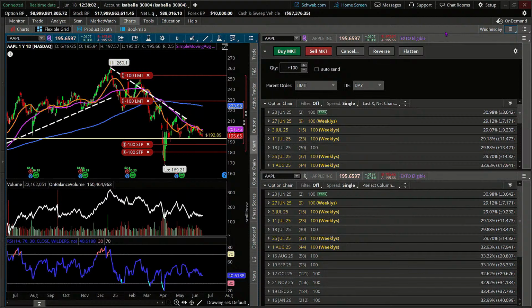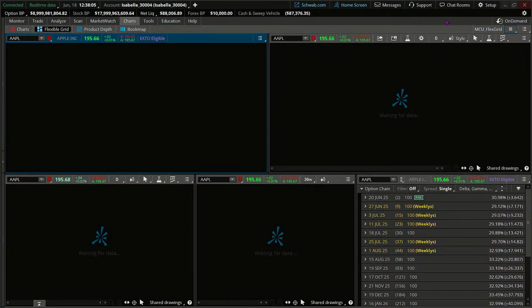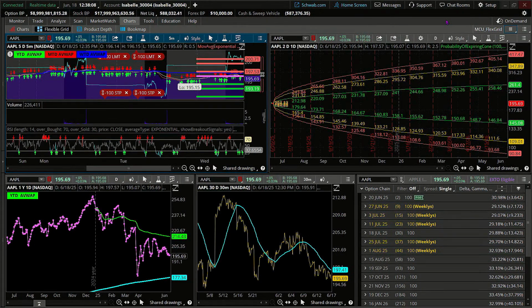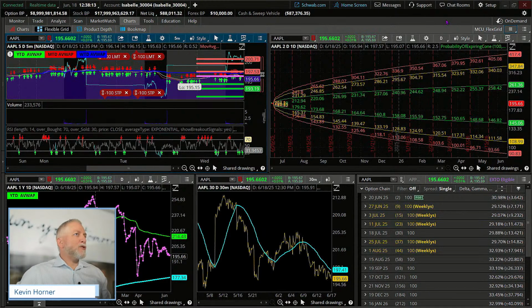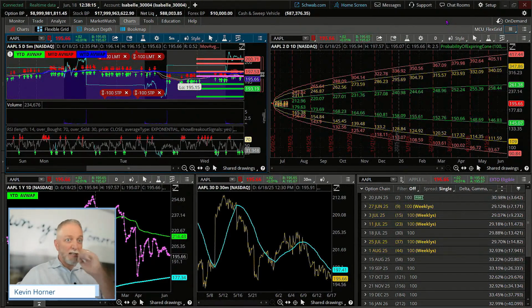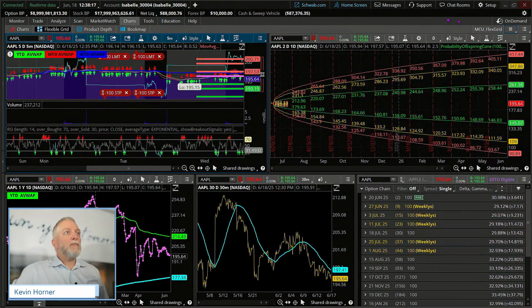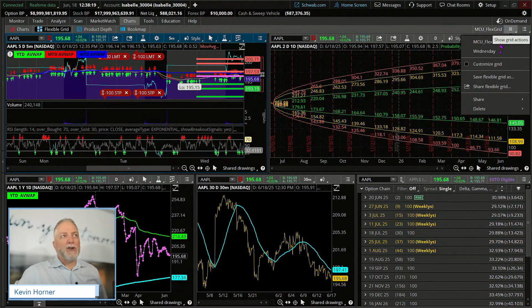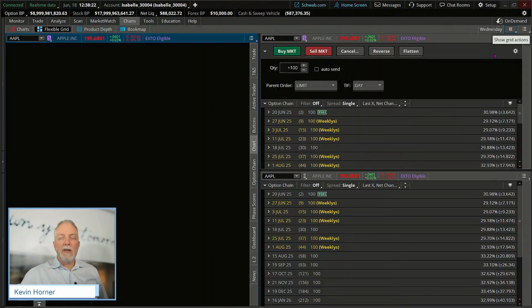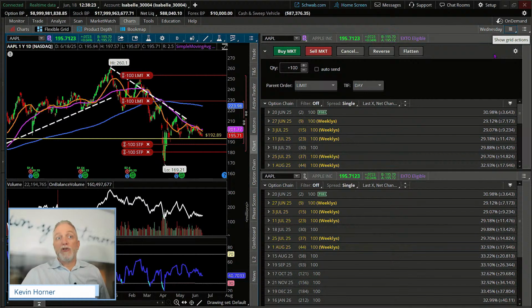So I'm not sure what the MCU Flex Grid is, but oh, there you go. How about that? That looks fun. That might be a bit busy for some traders, but it looks like one of my strategist or regional colleagues has built this in here as another way to look at it. But again, make sure you save everything, because you want to be able to get back quickly to what you do want to use, obviously.